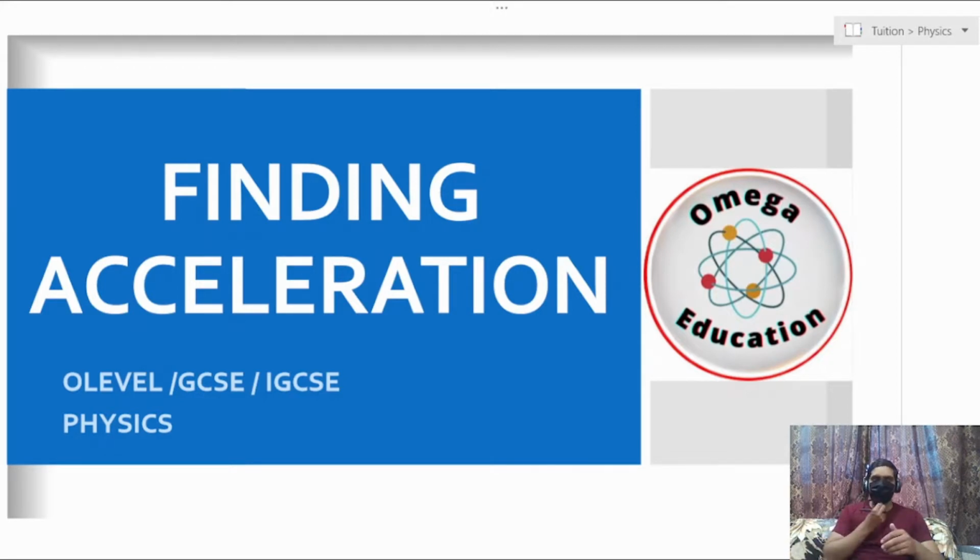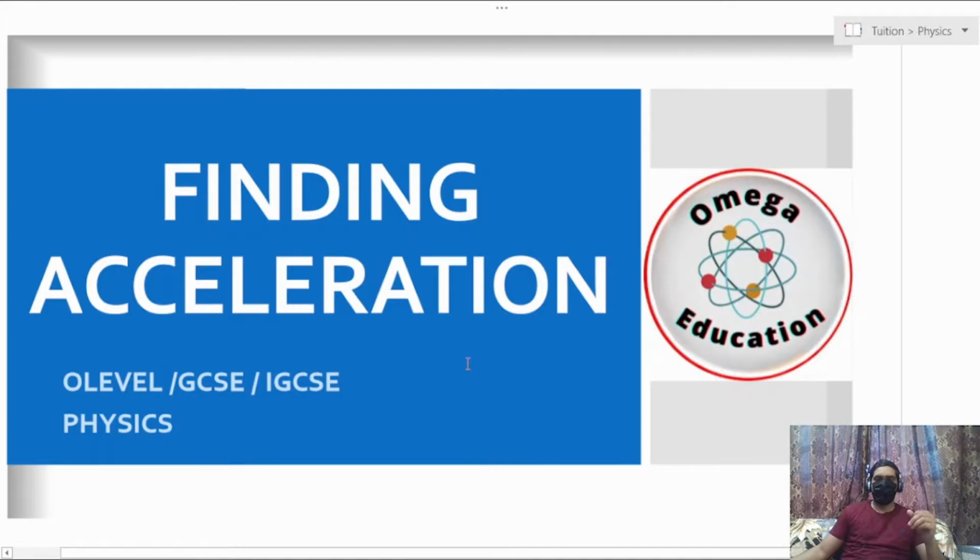So as per the specifications, the syllabus of O-level, GCSE and IGCSE, I've compiled that there are 10 to 11 different ways that they can ask you a question about acceleration. So every year, whenever they ask you a question about acceleration, it has to be from one of these ways. And if you're aware of all of them, there is no chance that you're going to get it wrong. So make sure you go through all the types, all the different ways in which the question can be asked. So let's start with the prerequisites